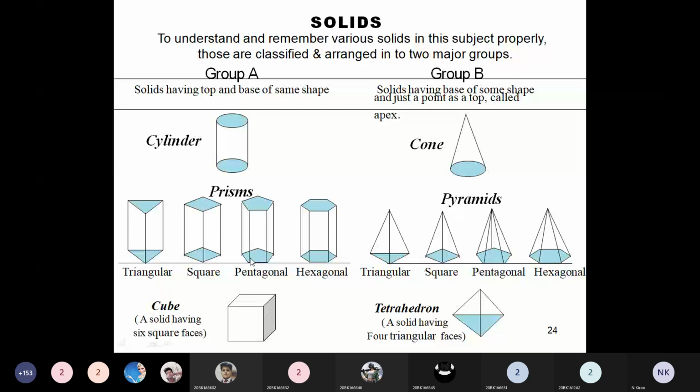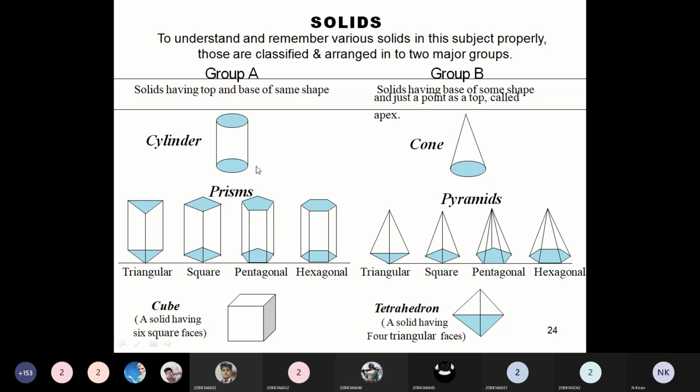Before, we used to study a pentagonal plane, which is a pentagon, and if you look from the front side, it is only a line. But now if you take this pentagonal prism and observe from the front side, what can you observe in the front view? Yes, rectangle. So whatever these rectangles are, these are all the rectangles you can see in the front view. In the hexagonal also the same. And this is about the prism.